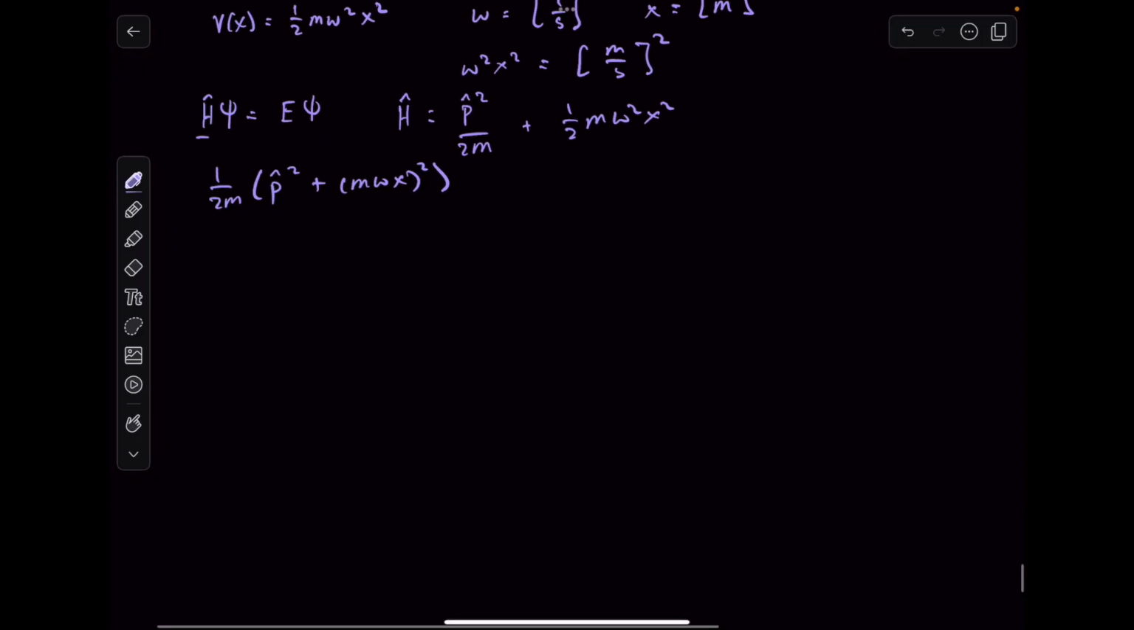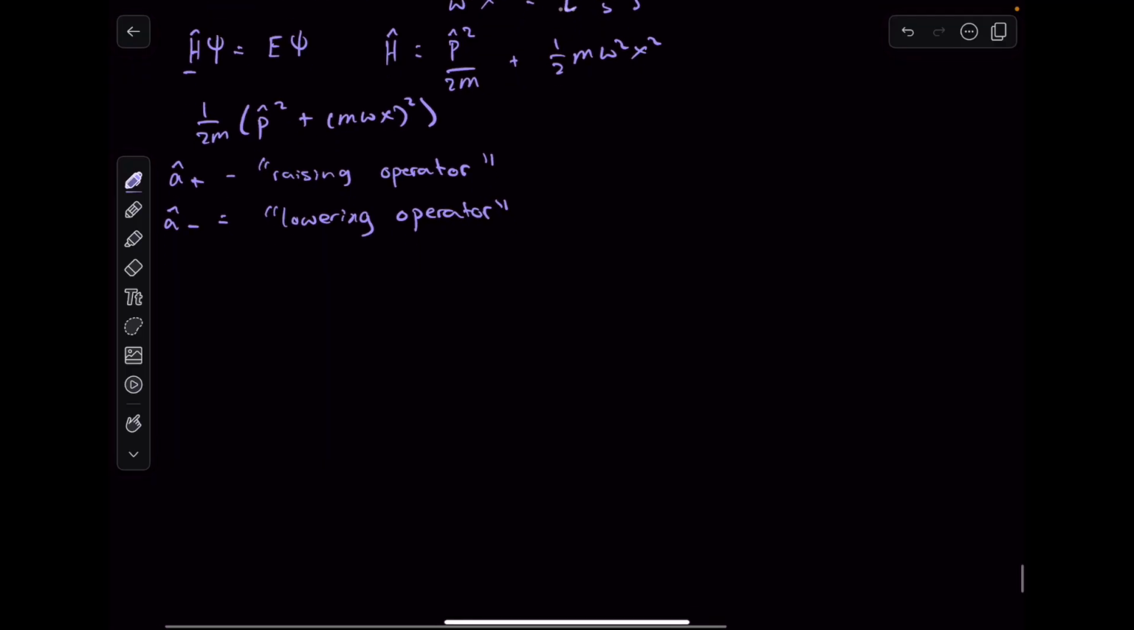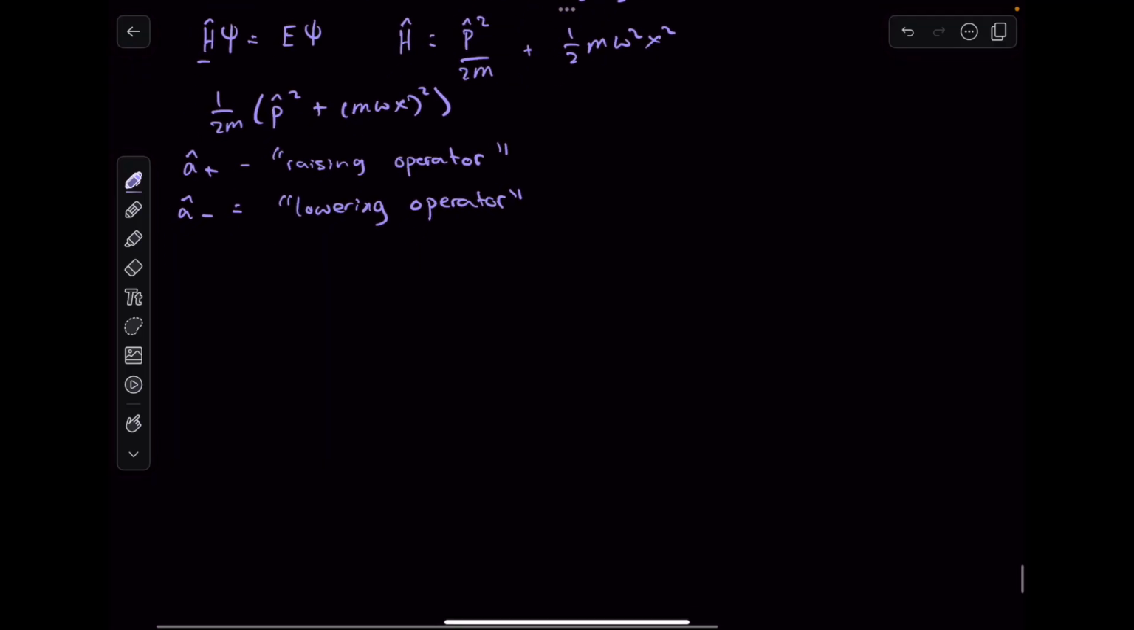So let's give these operators names. Well, the first one we'll call the raising operator. And the second will be the lowering operator. And the names for these will become clear in a bit once we actually get to our solution. So let's just factor this out as we would any other expression and see if we can recover this exact